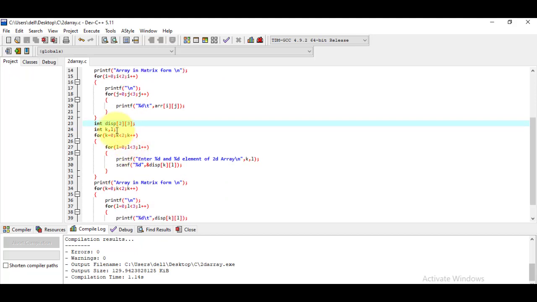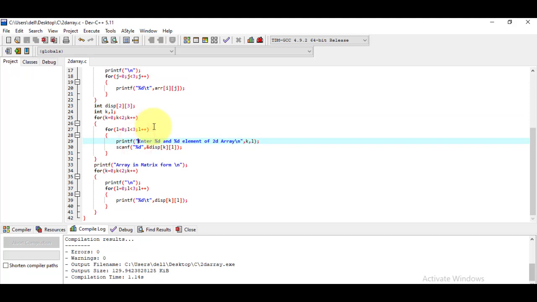What we have done in this case is declare an array of size 2 by 3, that is, number of rows 2 and number of columns 3, and according to that we want the user to input the elements.